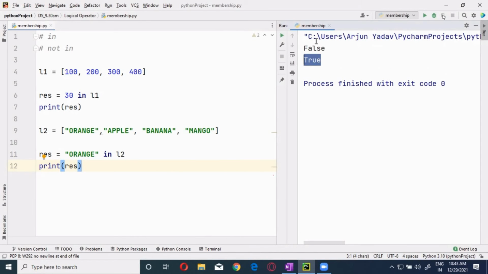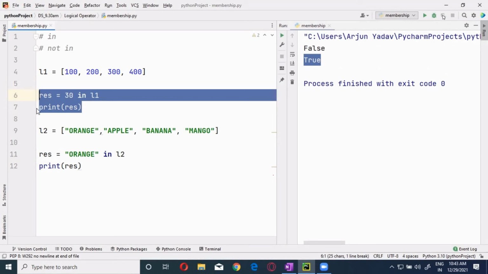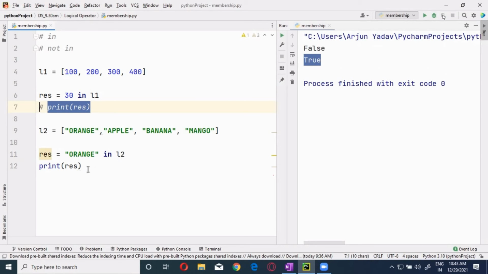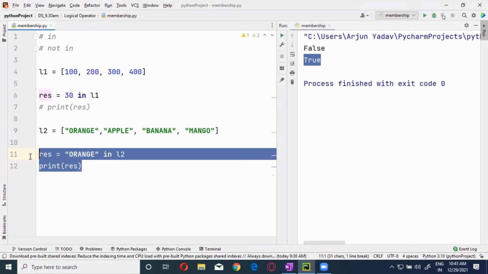True. Okay, now forget about the first one. That is true over here. This is what it is. Okay. Now, if I am giving it something like this,